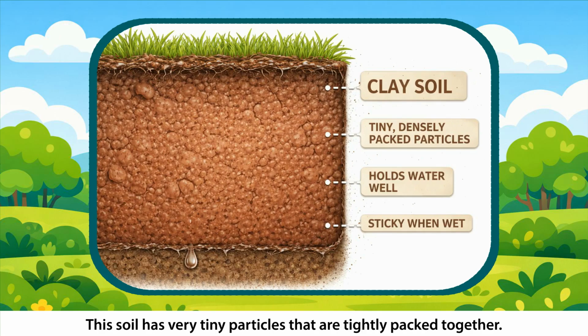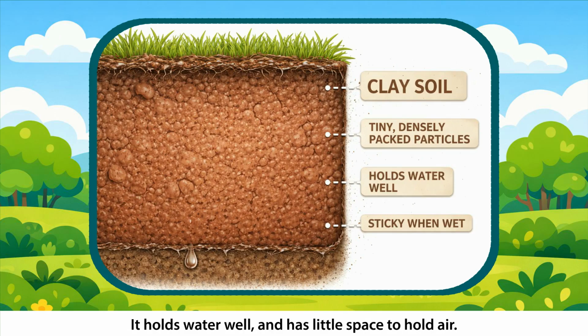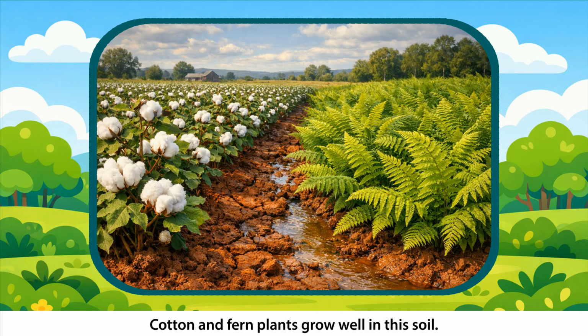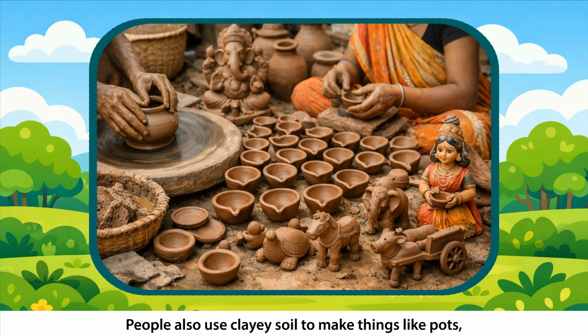Clay soil. This soil has very tiny particles that are tightly packed together. It holds water well and has little space to hold air. It becomes sticky when wet. This soil is very fertile and good for plants that need a lot of moisture. Cotton and fern plants grow well in this soil. People also use clay soil to make things like pots, diyas, and toys because it can be molded into different